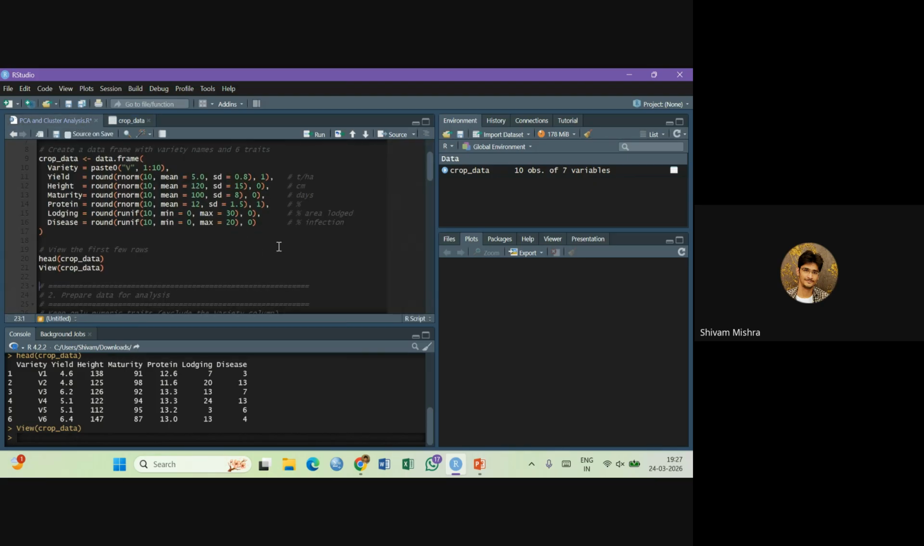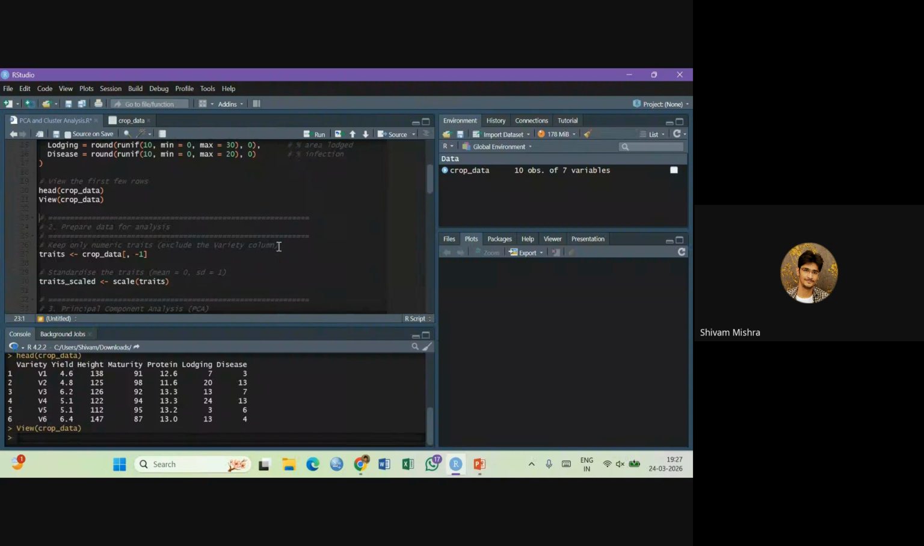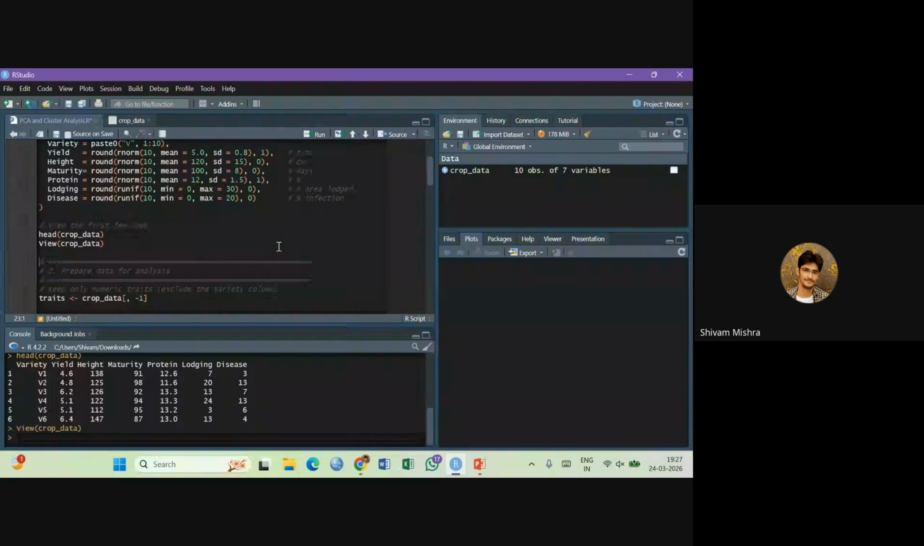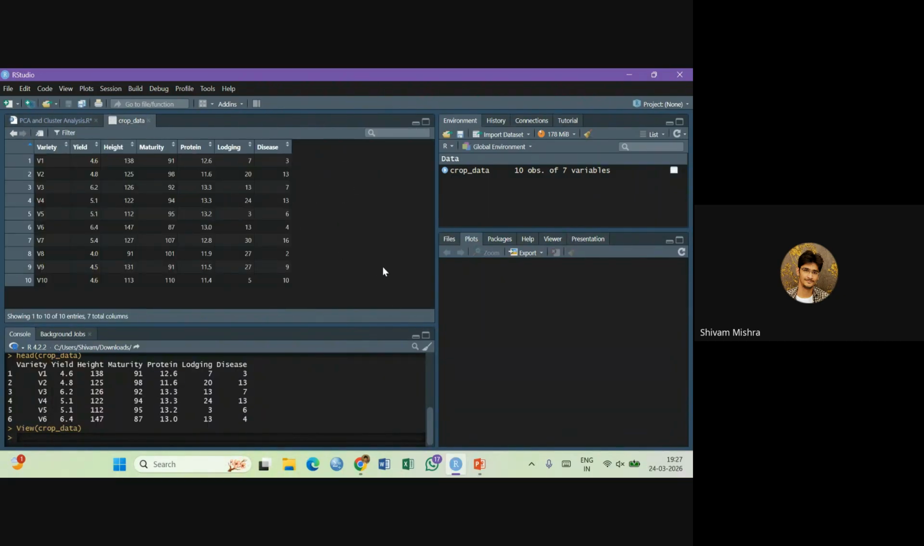Now I want to go for principal component analysis on this data set. If we see here in this data set, first one is our variety. So we have to exclude this variable first because it is a categorical data. It is not a numerical data. It is not measured on metric scale. V1, V2 are categories. So first we have to exclude this variable, variety named variable. So what we have done here,